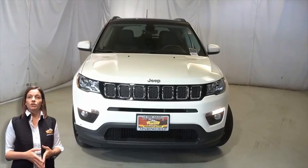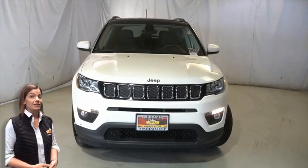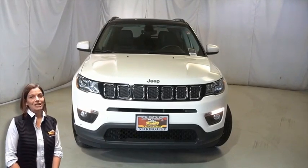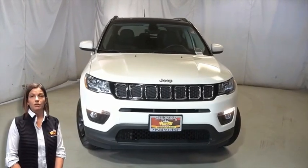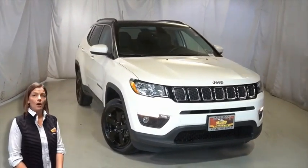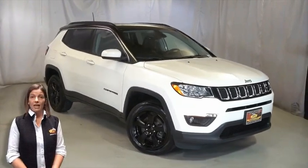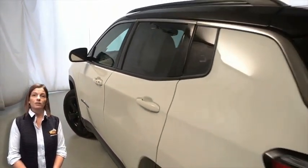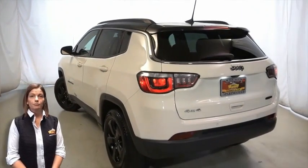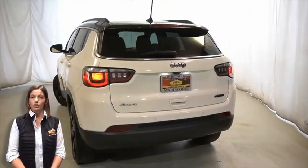If you're looking for a functional, compact SUV with reliability and safety for the whole family, then take a look at this certified pre-owned 2018 Jeep Compass Latitude in white clear coat. With automatic headlamps, blind spot and cross path detection, 17-inch aluminum wheels, two-tone paint group, rear window wiper and washer,